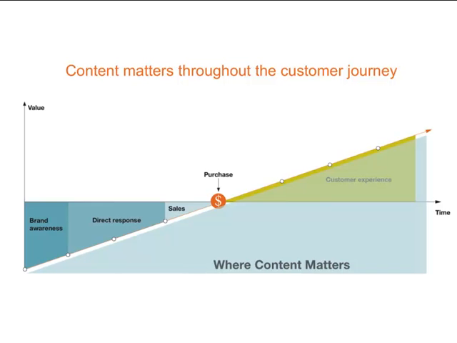On the left-hand side, the vertical axis is value. And you can see we have negative value for customers who don't even know who we are. And as you go across the horizontal axis, which is time, the idea is to increase that value and bring people from the very early stages where you may or may not even be a considered choice through the purchase, and then hopefully to loyalty and repeat business over time.